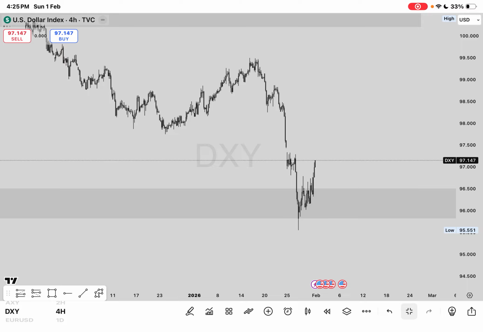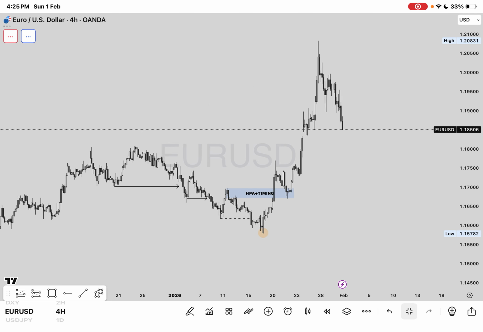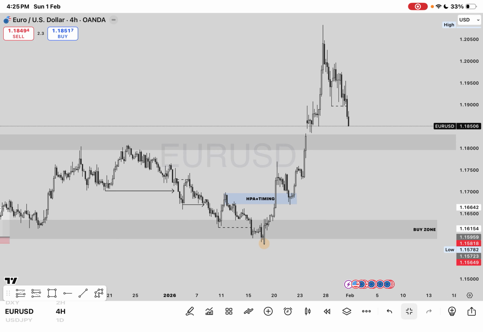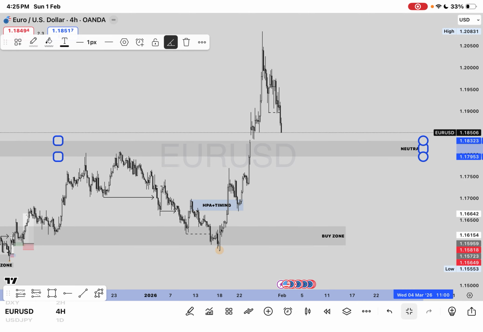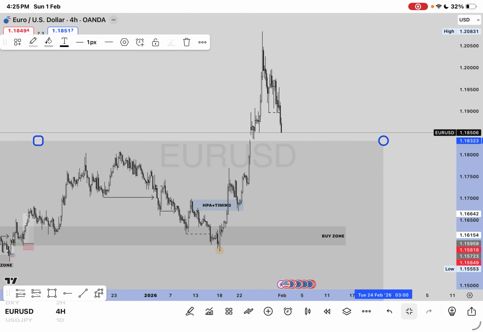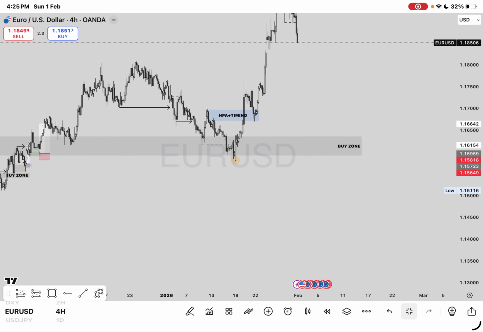But I want you to understand that dollar is going to be bearish in the long run, but for now it is bullish. So it's like a retracement. And if we look at Euro USD, we can see that the retracement is coming all the way to our key level. I drew a key level for yesterday's live stream and I said if Euro USD gets to this key level, let's delete this.